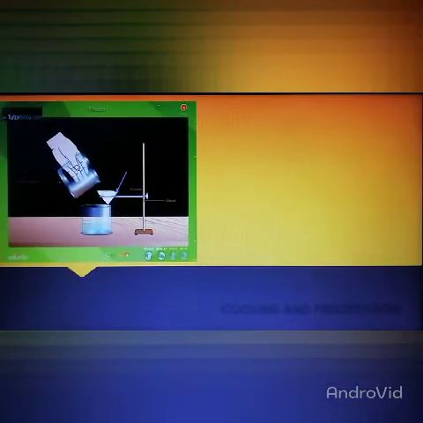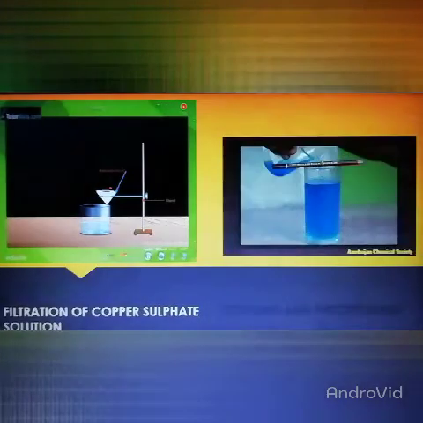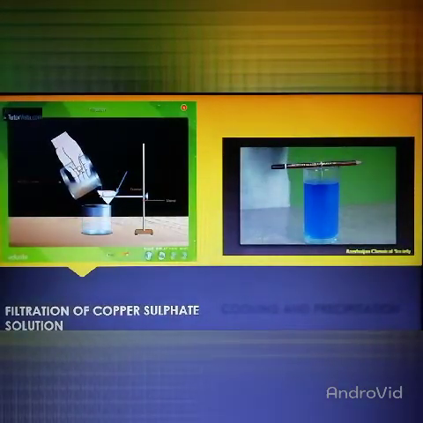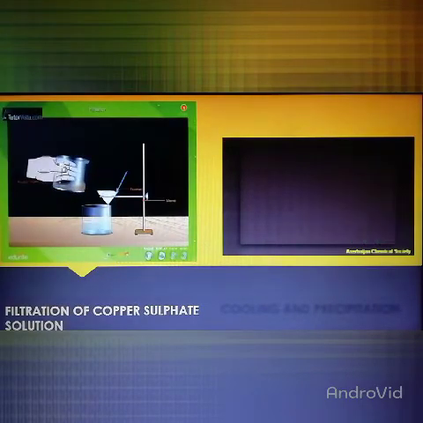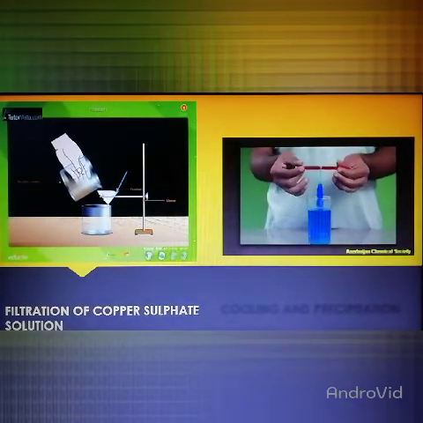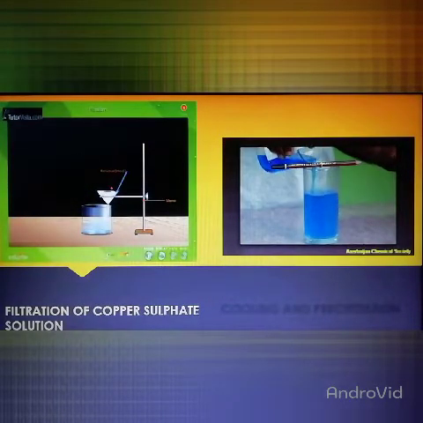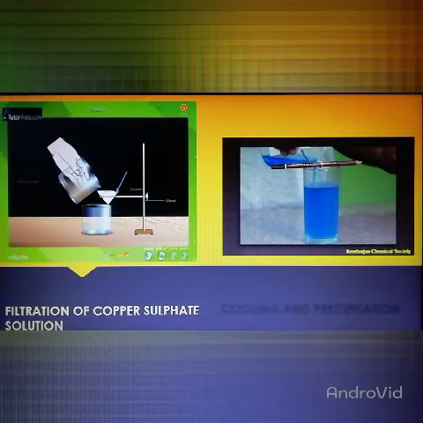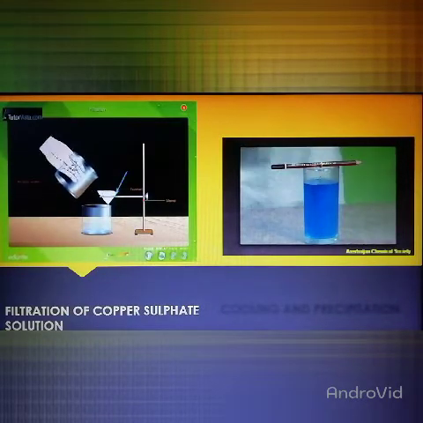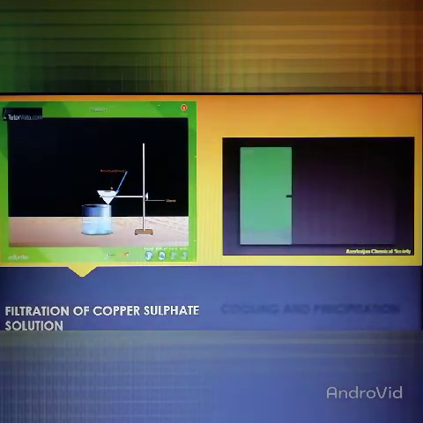Okay, and after that this saturated solution of copper sulfate is filtered, all right, and the filtrate which is collected is allowed to cool, right? Now you can see here in the image on the right, the filtrate is poured into another vessel which has a thread dangling from a pencil, right? And it is allowed to cool and left for about 24 to 30 hours.